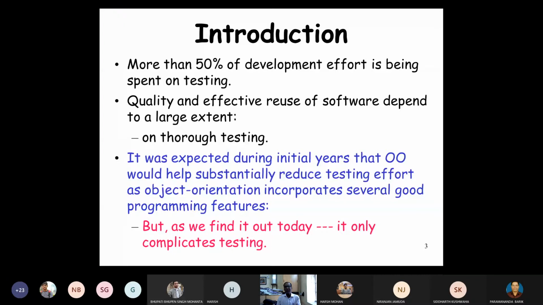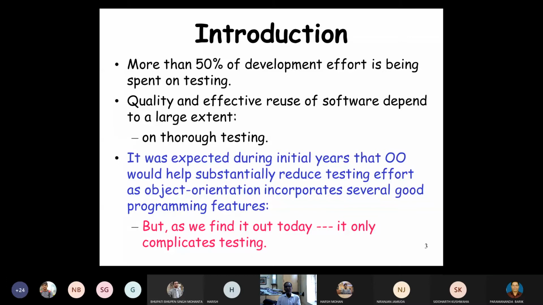Inheritance, polymorphism, classes, dynamic binding, encapsulation, and so on. These are some of the important programming features of object-oriented languages, which are not there in traditional procedure-oriented programs. So initially it was thought that due to the presence of these features, maybe object-oriented testing will take less time, less cost, etc. But as we find out today,